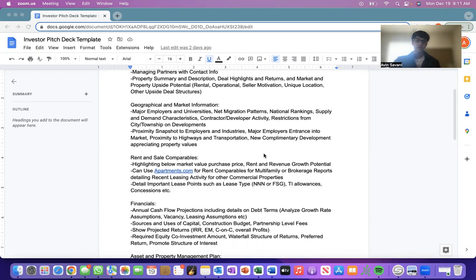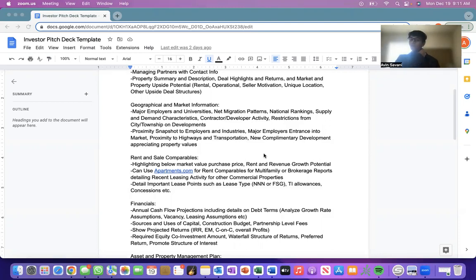And then the market and property upside potential. Basically, from a rental perspective, why do you think this property in the market is going to be able to endure a downturn in the market, right? Give good insights about the rental aspect. You can also mention that leasing activity is really hot in this area, there's an influx of students or young generations, or the population growth is really increasing here. Those are some good things to mention, but you'll probably get more into that in the market data section.